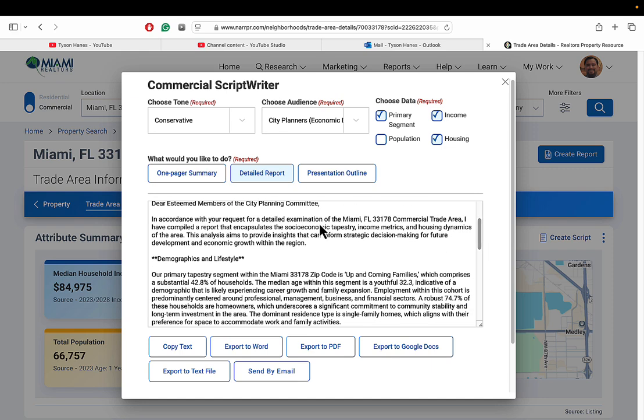and then from here we have a script that we can use. Dear esteemed members of the City Planning Committee, in accordance with the request for a detailed examination of Miami, Florida 33178 commercial trade area, I have compiled a report that encapsulates the socioeconomic tapestry, income metrics, and housing dynamics of the area. This analysis aims to provide insights that can inform strategic decision making for future development and economic growth